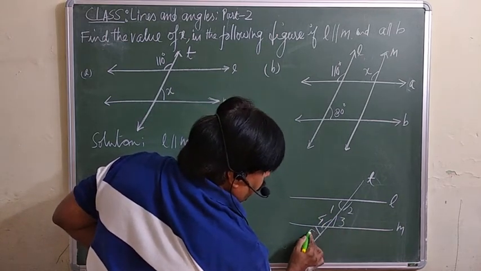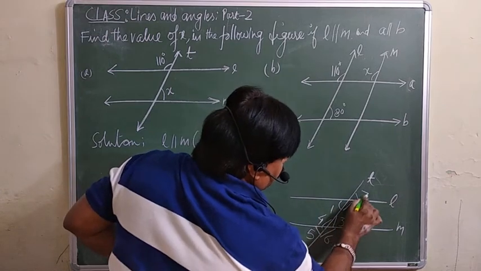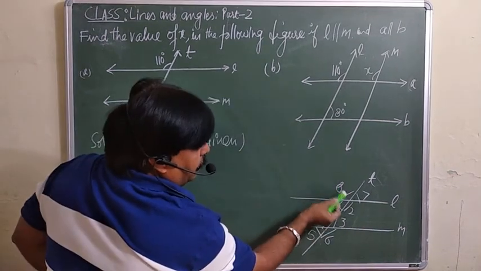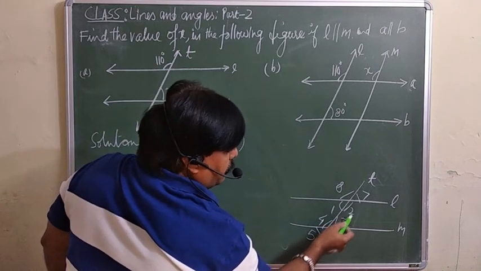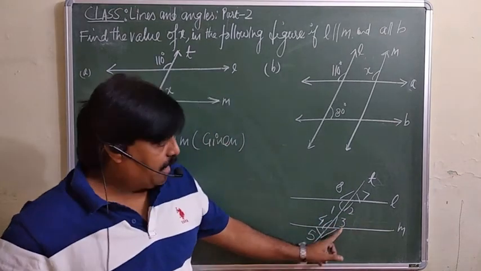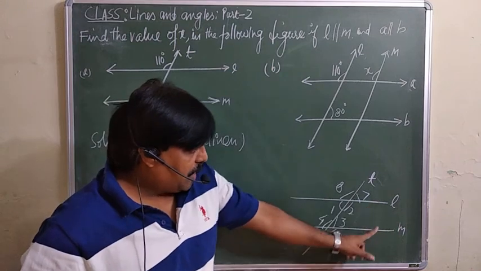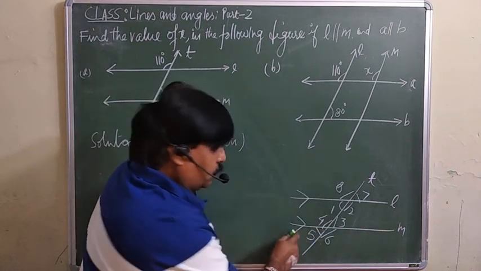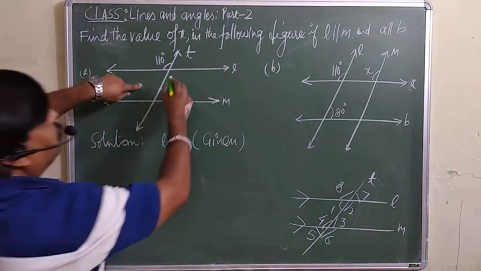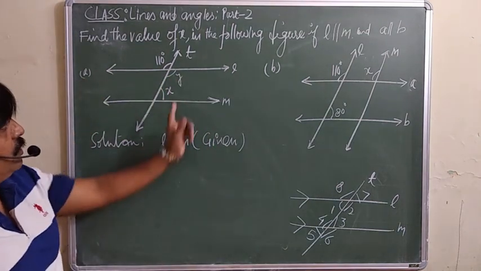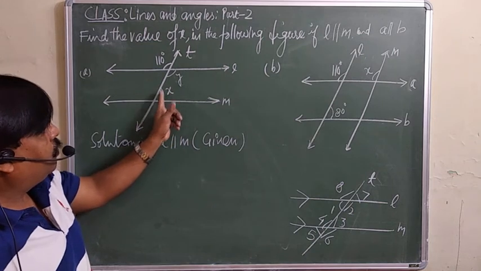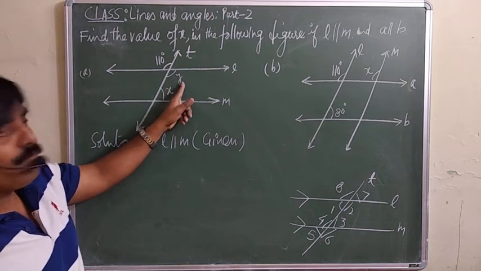You can take it as 5, 6, 7 and 8. 8 will be equal to 2. You can say by the vertical opposite angle. Sum of these two will be equal to 180 by the co-interior angles, because this line is already given parallel to this one. It's already been discussed. So look at it now. For my own convenience, I can give the name y here. We are interested to find the value of x. हमें क्या x की value निकालनी है, इसको हमने y मान लिया.